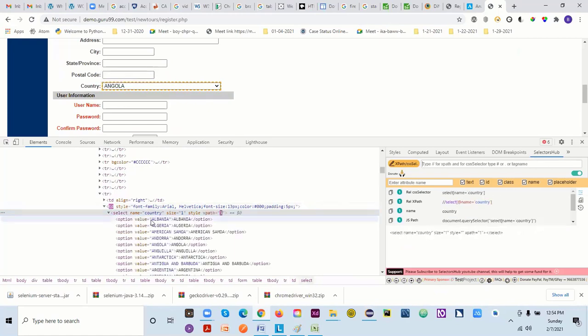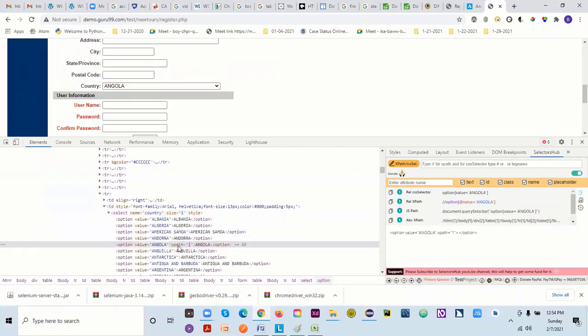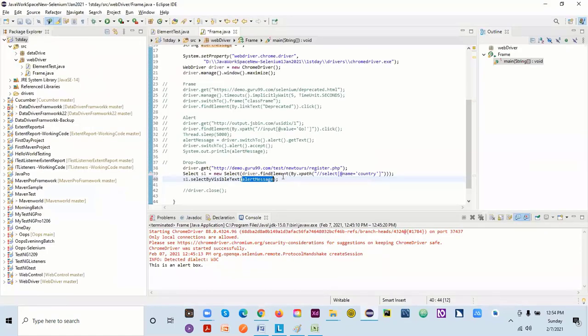Okay, so which value? Angola. Angola is here, so this is the visible text for me. I can copy this one, and I can say Angola. And once it's done, that's it.